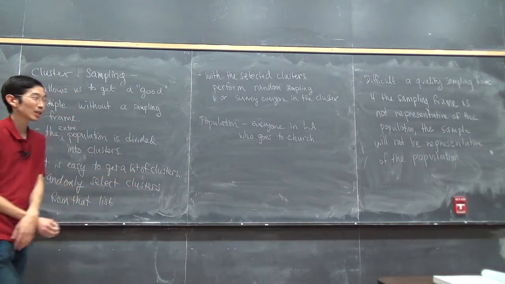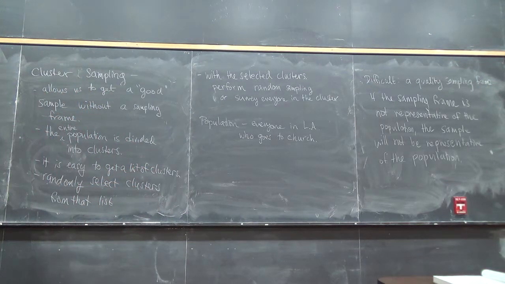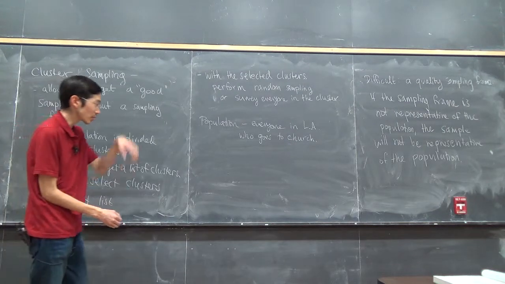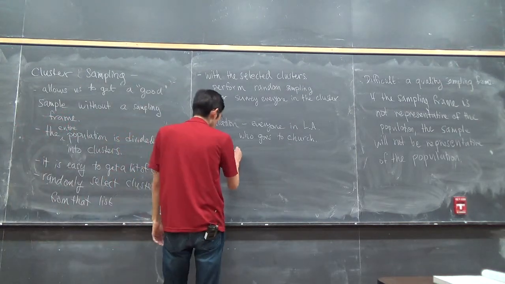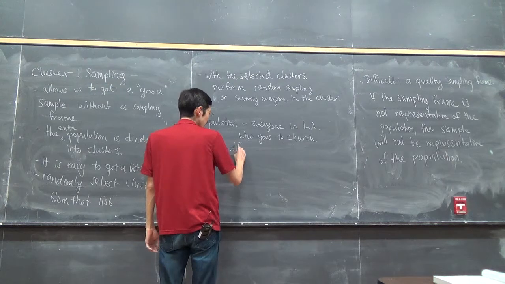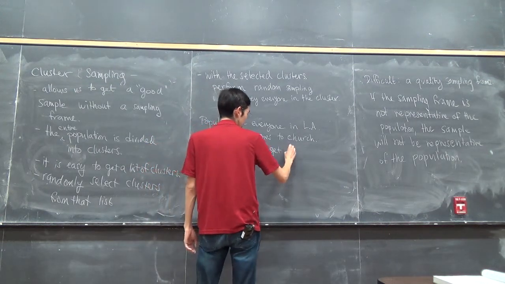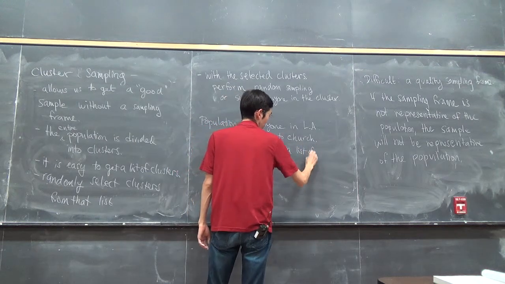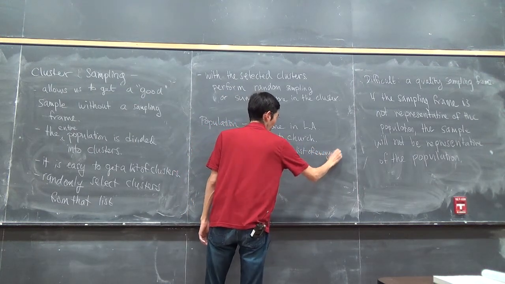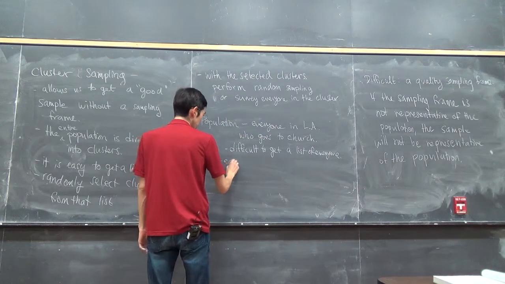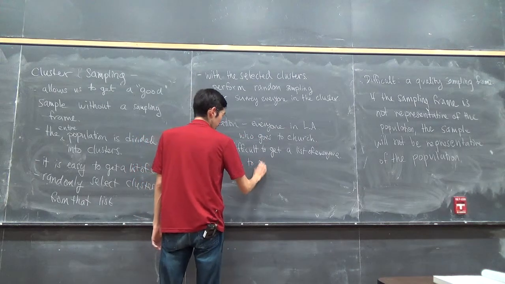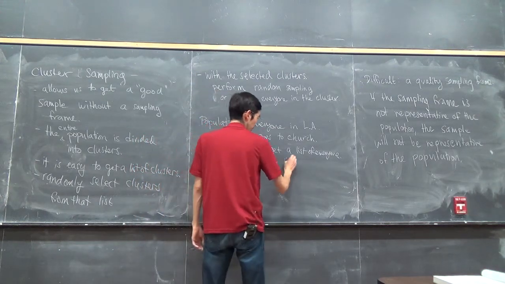Okay, we might miss some small churches or churches that just started up, but so I'm going to write: difficult to get a list of everyone. Easy, or easier,